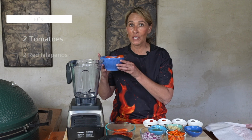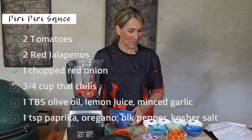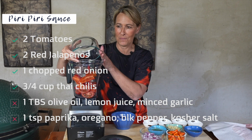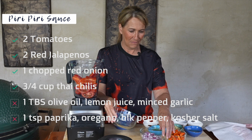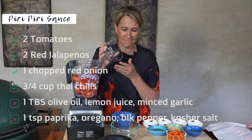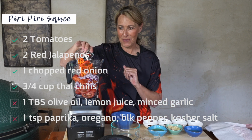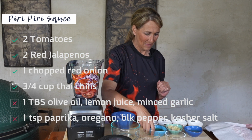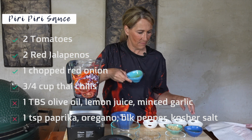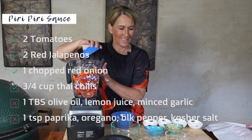I'm gonna start by using fresh tomatoes. These are seeded red jalapenos. Chopped red onion, our Thai chili peppers, olive oil, fresh squeezed lemon juice,